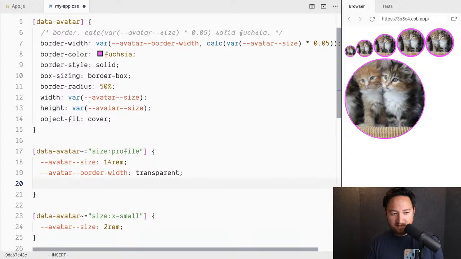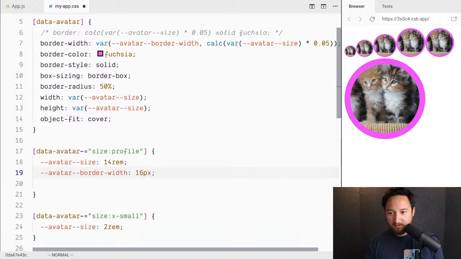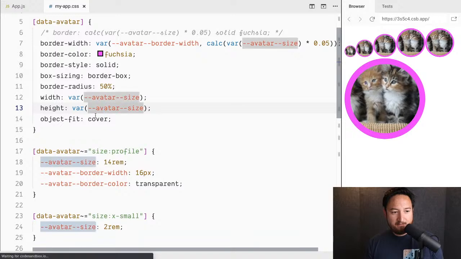Transparent, and then set the, oh, that's a border width. That's why. We could do this 16 pixels if we wanted to scale it down a little bit, and then change the avatar border color to transparent. Is that what I want to do? And then we would just have to